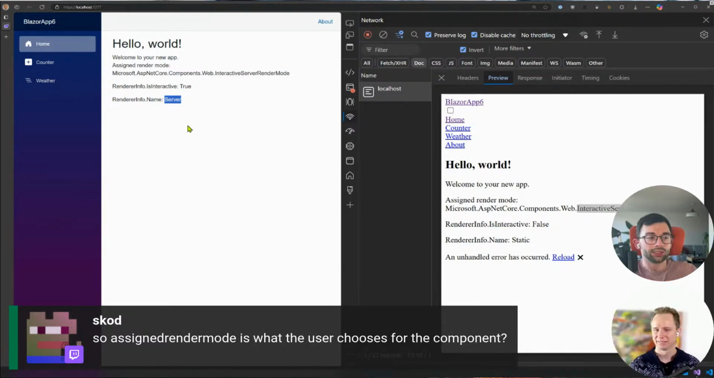Oh, I'm so bad. So assigned render mode is what the user chooses for the... Yes, so either globally or on a component level. Yeah, exactly. So what I think is happening here is that we have,